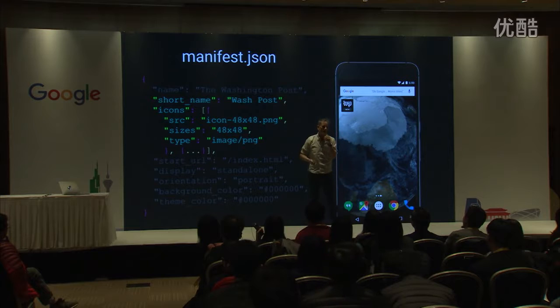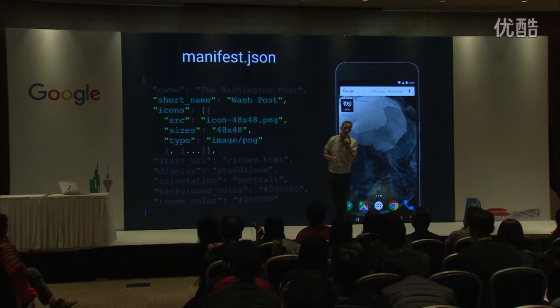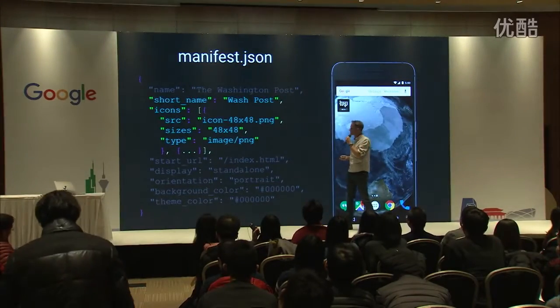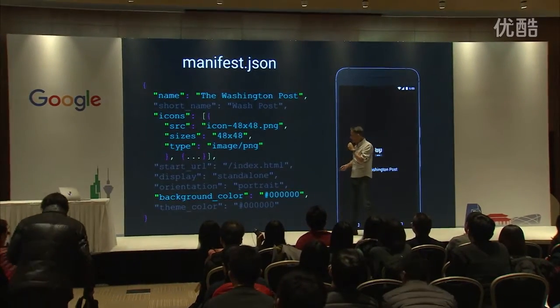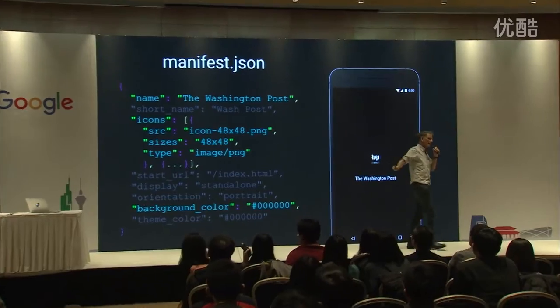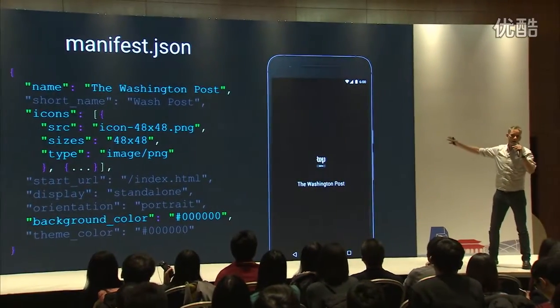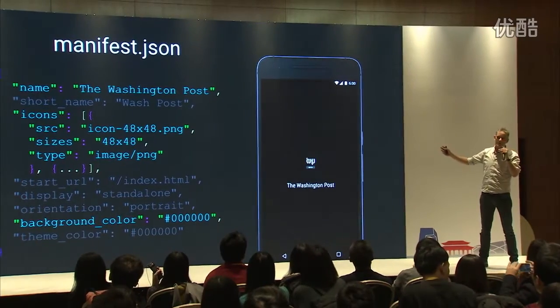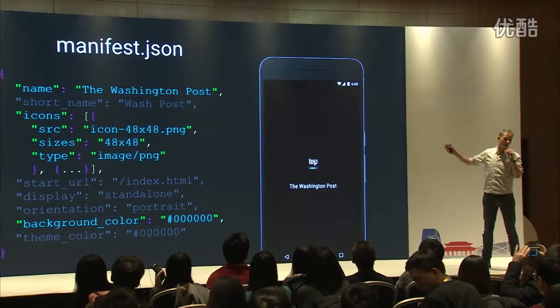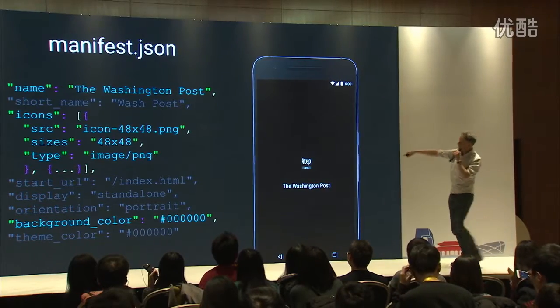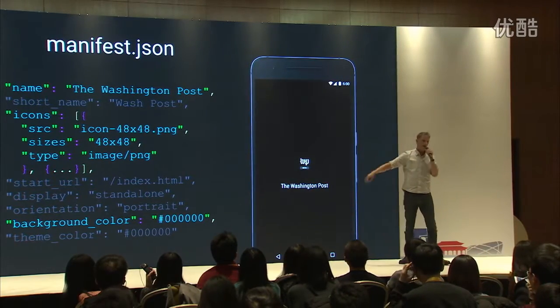But you can add icons that work on different viewport sizes, so different devices like tablets or whatever. And then this is a kind of simple one. You can add a background color value. Now what this does is gives you a kind of splash screen effect. So when the app is starting up, you see that color displayed on screen with the icon and the name